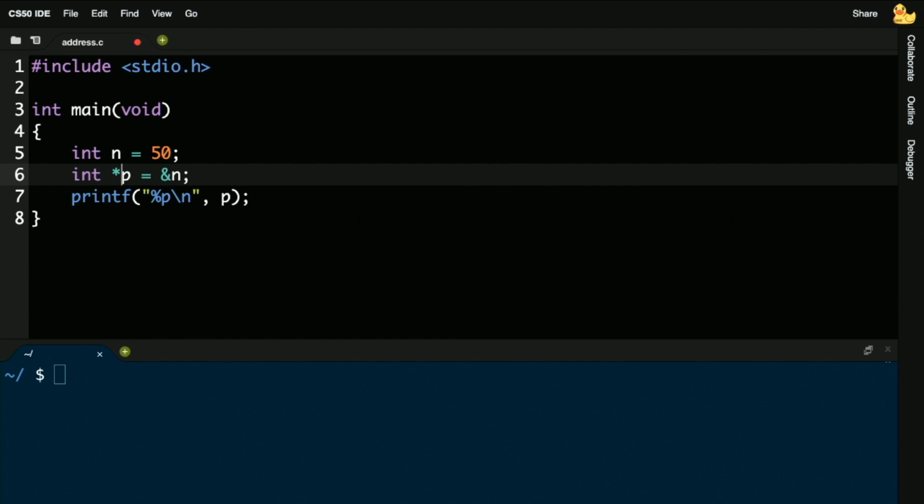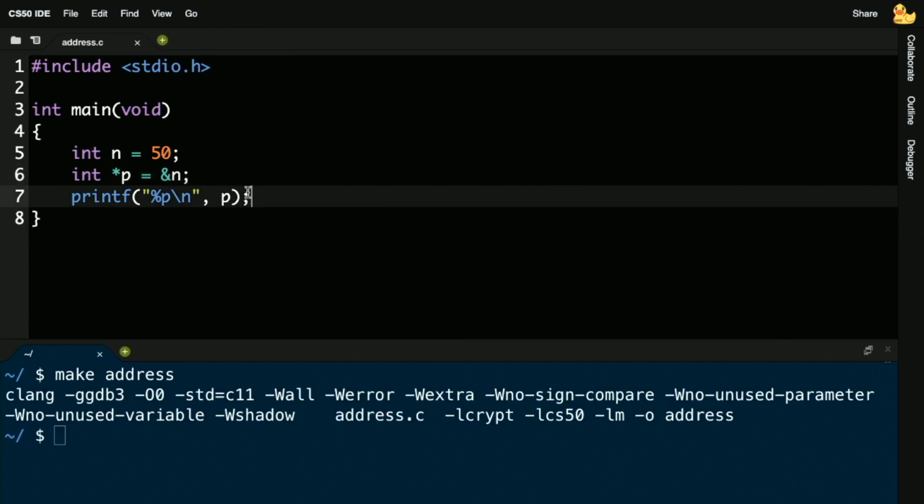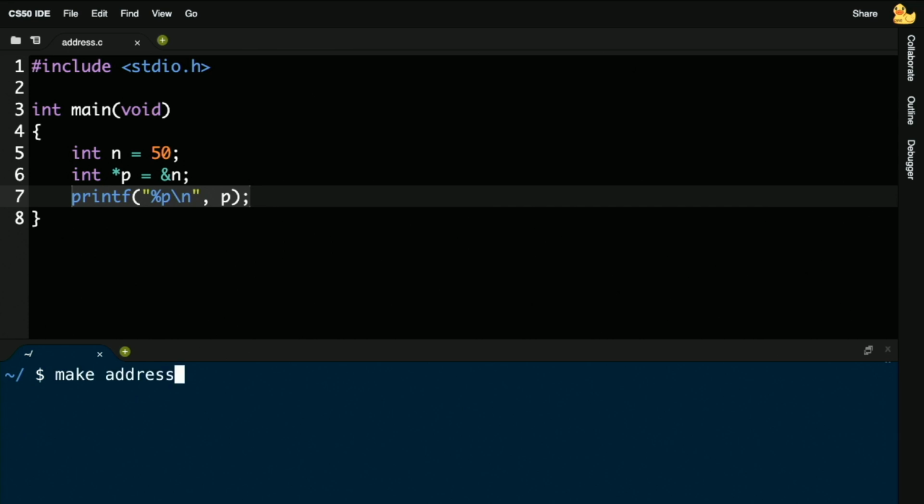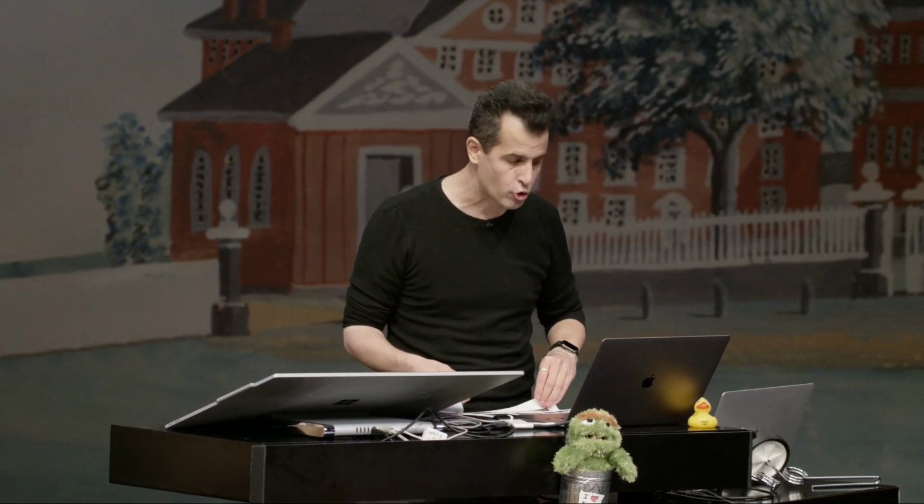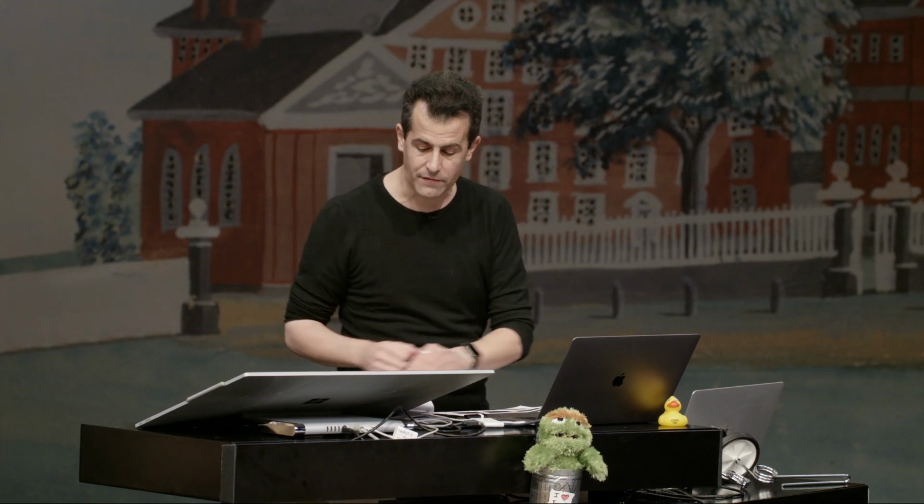So if I go ahead now and save this, recompile it with make address, and notice I changed one line of code too earlier. I went back to %p to print a pointer. That is an address. And I'm printing out the value of p, no longer the value of n. If I now run ./address, voila, there's that cryptic address. And these addresses may very well change over time. Depending on what's going on inside of your program or other things on the system, these addresses might be different each time. And that's to be expected and not something to be relied on. But it's clearly some random cryptic address similar to my arbitrary 0x1234567 before. But now let's just undo this operation.